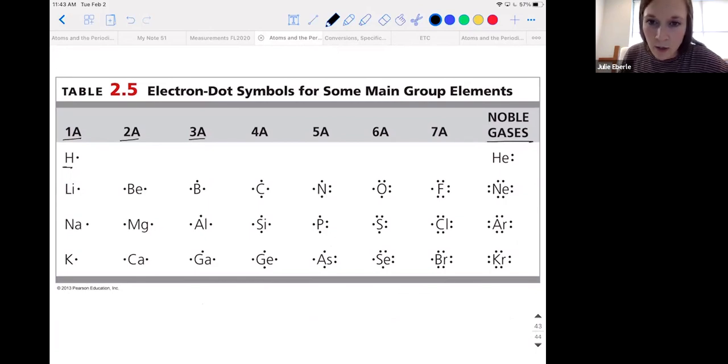So anything in group 1A is going to get 1 dot. So all of these have just 1 dot. And then as you go across, 2A, 3A, 4A, you add a dot to represent the number of valence electrons. So for example, skip over to 4A. We've got 4 valence electrons in carbon and any other element in the same group as carbon. So they get 4 dots. And the rule here, there are sticklers on this: you put 1 dot on each side before you pair up dots on a side.